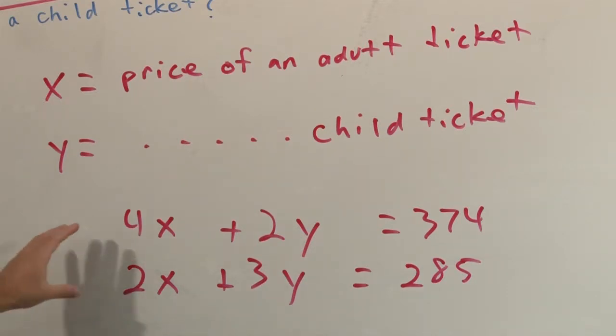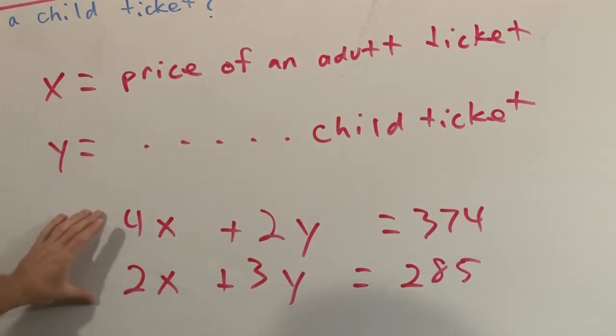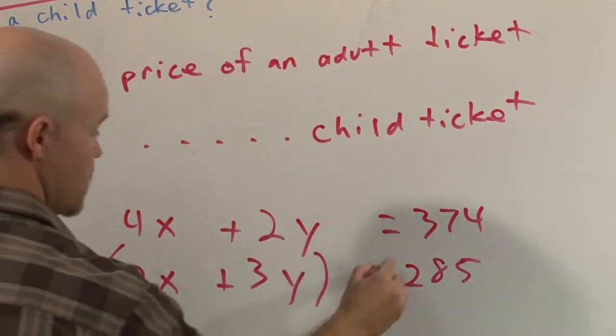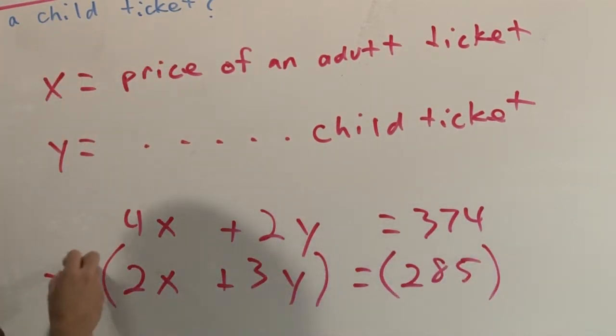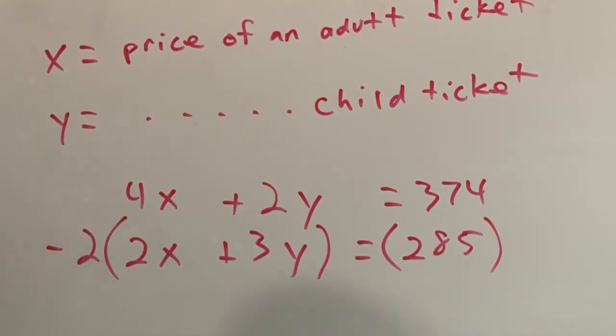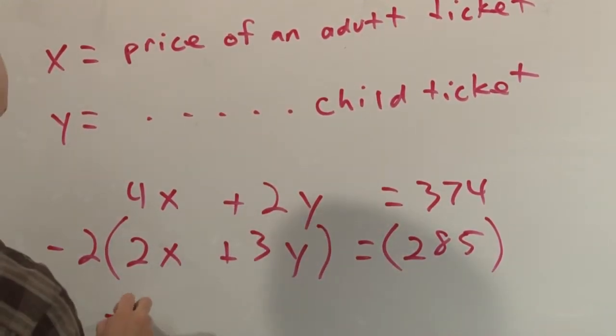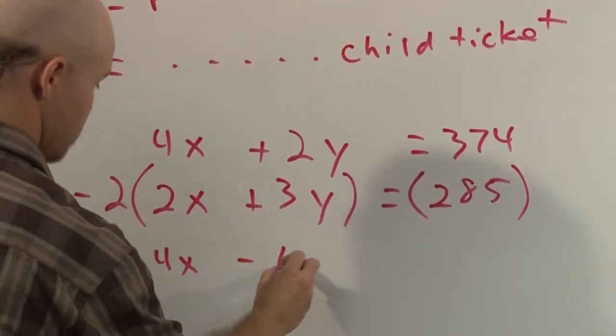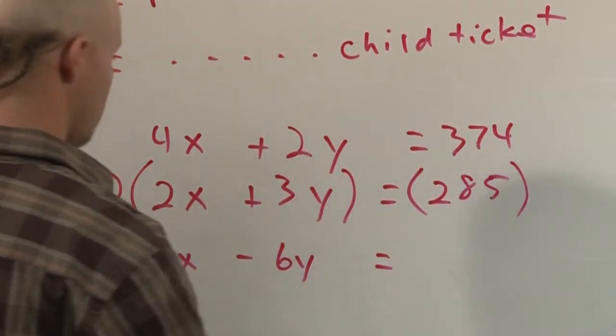So now we've translated these words into equations. Now we just have to solve this system. You can solve using any method you'd like. I think in this case it looks better for me to use the addition method. So I'm going to multiply this whole equation by -2 so I can get the same coefficient with the opposite sign on X. Multiplying this would give me -4x minus 6y, and this would have to equal a negative